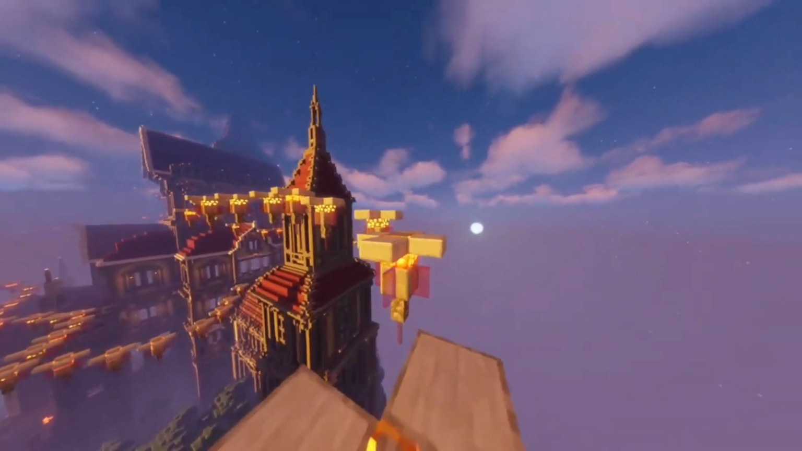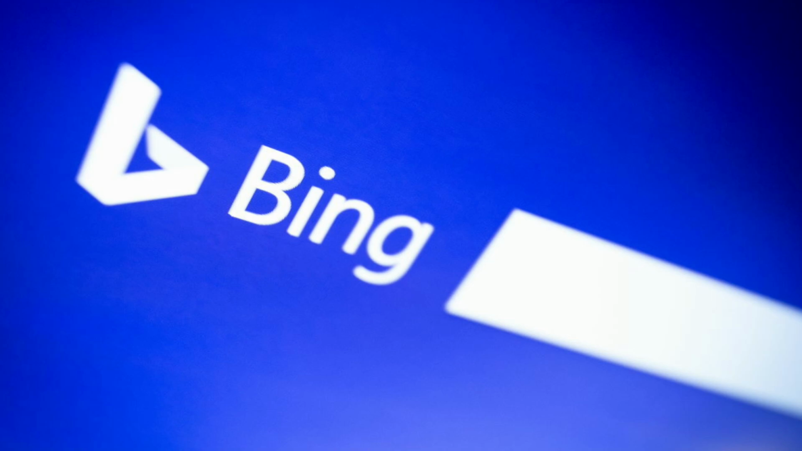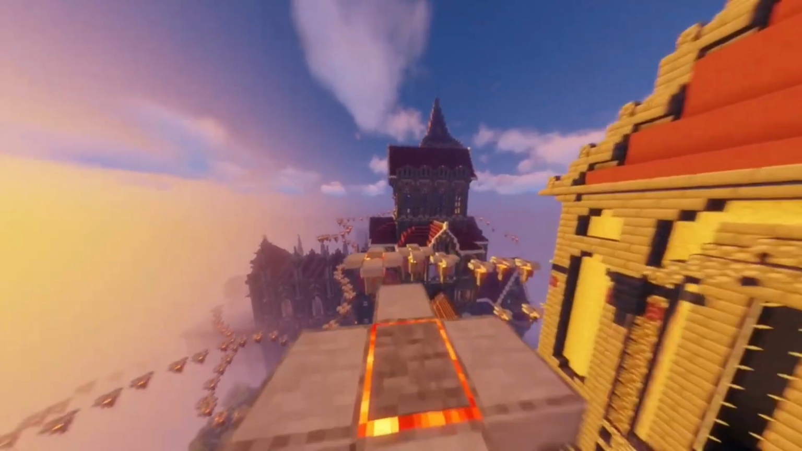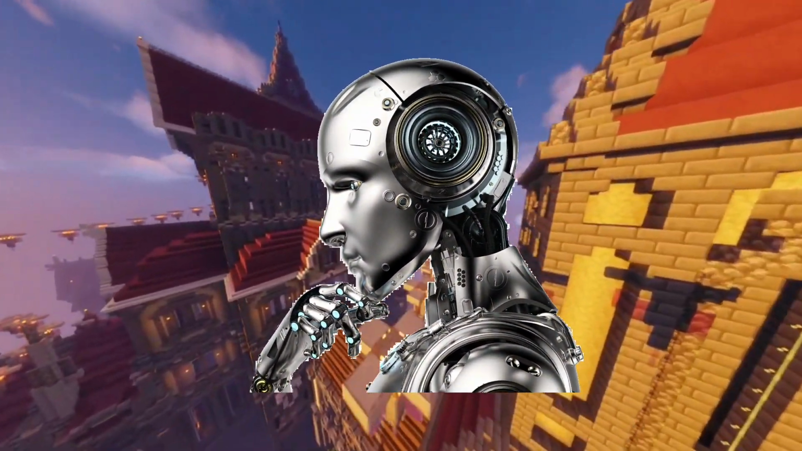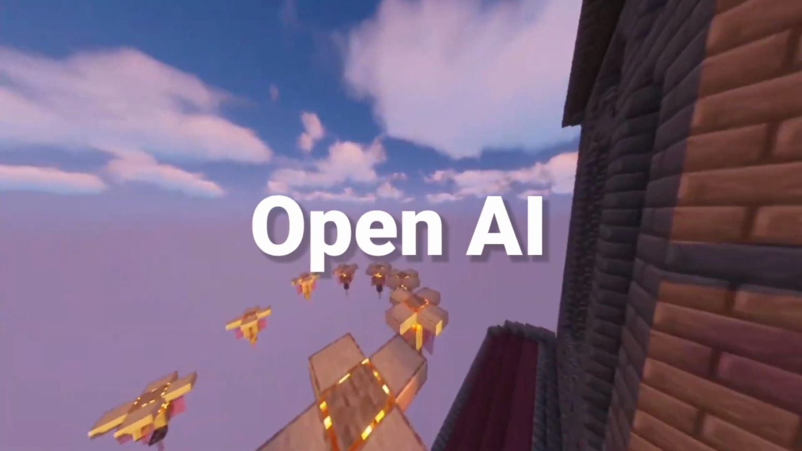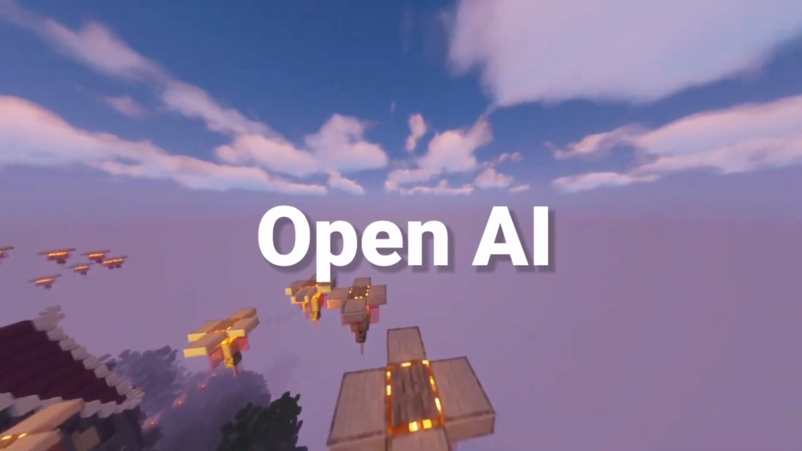Today, I will be showing you how to use Microsoft Bing Create to generate images for free. Bing Create is a text-to-image generator tool provided by Microsoft that uses AI to produce images. It is based on OpenAI's DALL-E, so if you're familiar with DALL-E prompts, using Bing Create will be a breeze